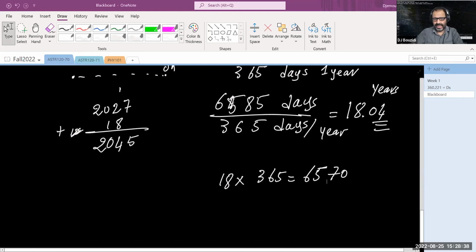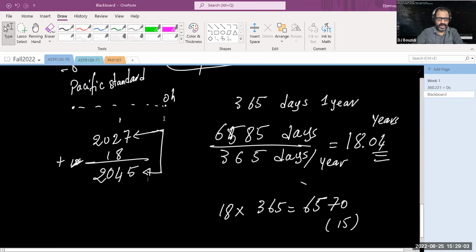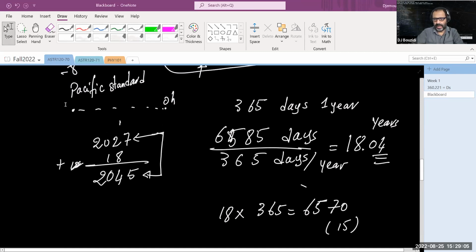So it's less than 6,585 days by 15 days. There is a discrepancy of 15 days that I need to account for to bring it to 6,585 days. However, the years between 2027, when it happened in North Africa, and the year when it's going to happen, if it does, in our region of the world,